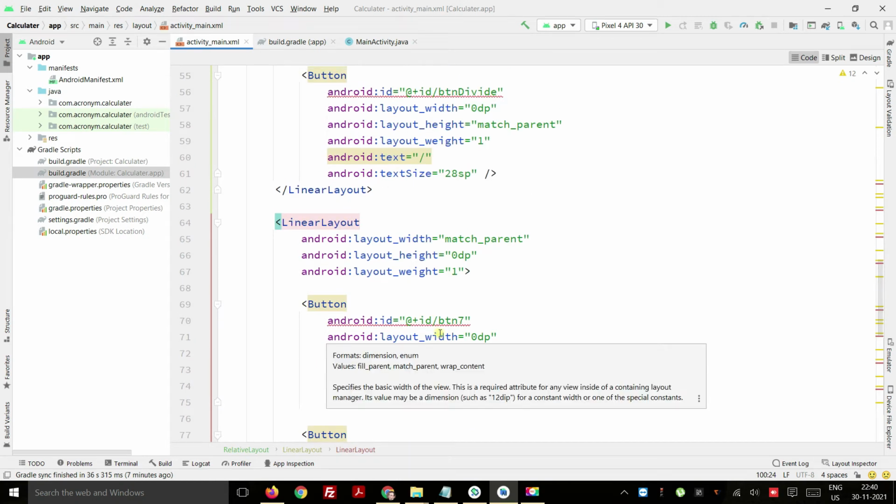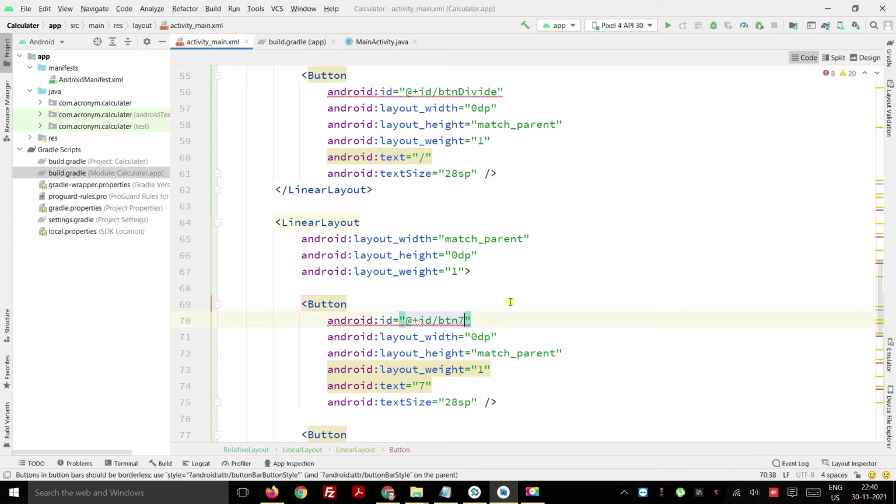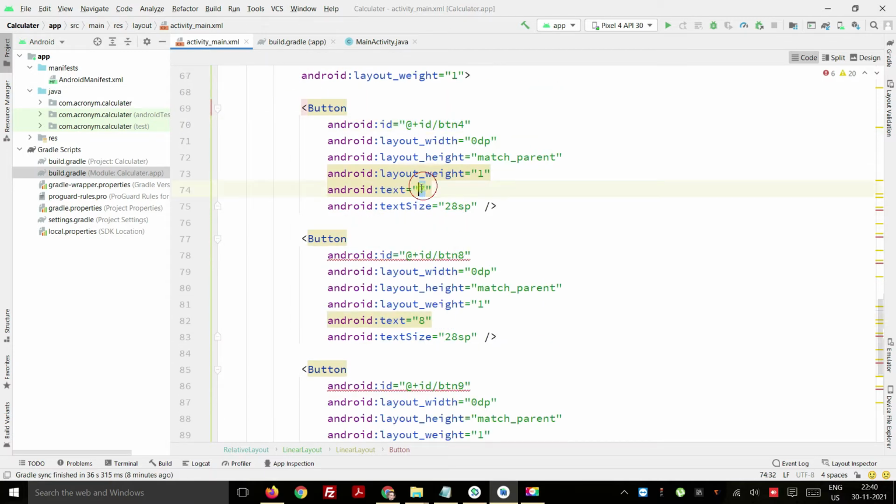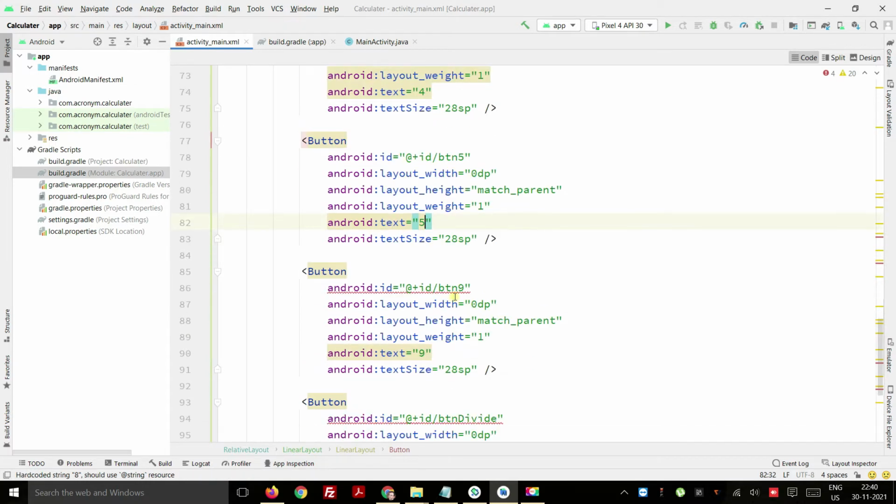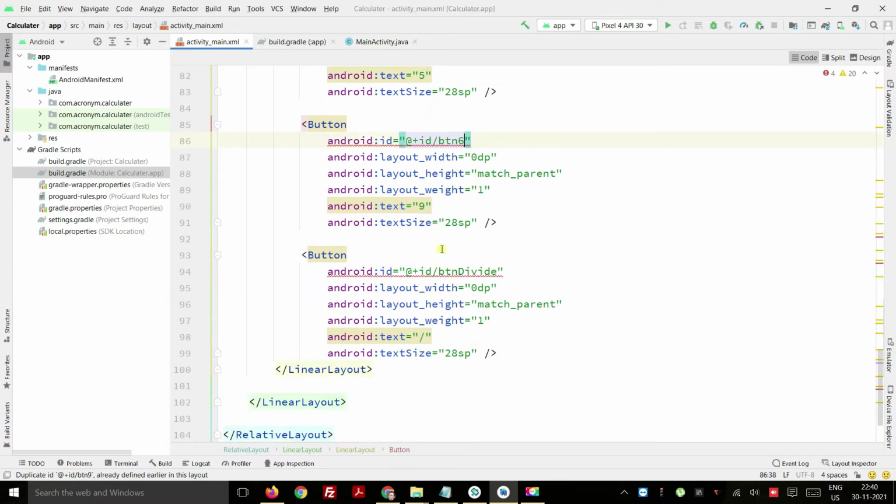Now in the next section, once we have this till 9, we are going to put some other numbers. Since 9 is there already, we can put 4, and here also 4, then here I will put a 5, and again a 5, and again a 6 here, and then I will put a 6 here, and then we will have a multiplication sign, this one, and we will put it as multiply.